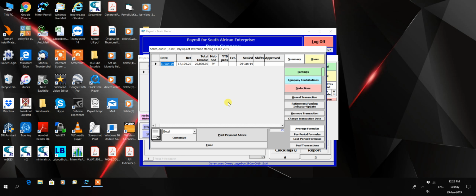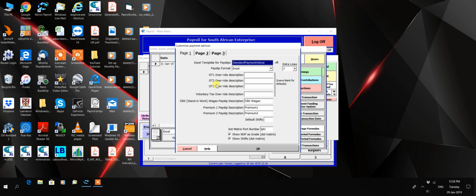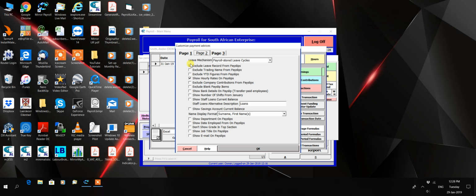These payslips can be customized, and that's quite an easy function to do. You'll click on Customize and go to page 2 on top, and they will select what we want to show and do not want to show on the payslip, and that is typically things like company contributions, year-to-date figures, staff loan balances, etc. There's a whole host of them. Right, I'm going to close this,